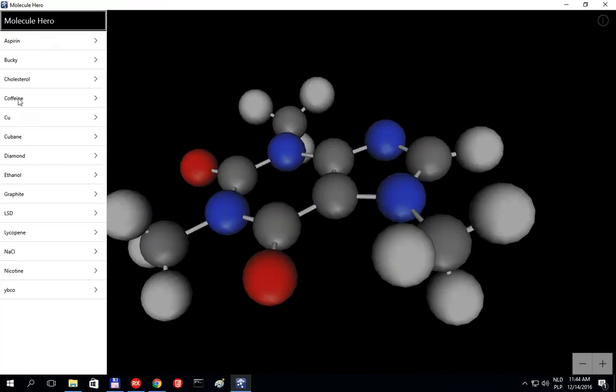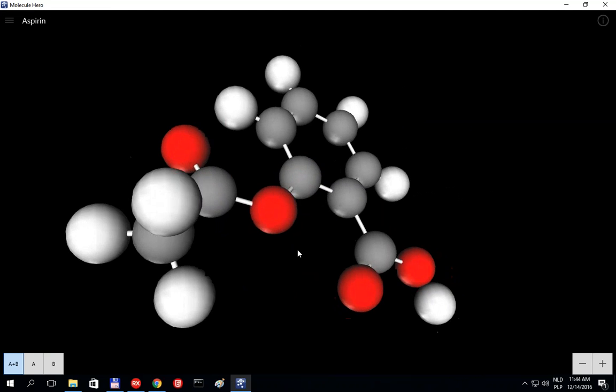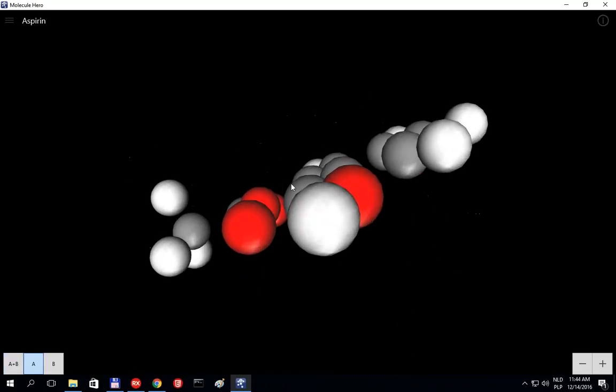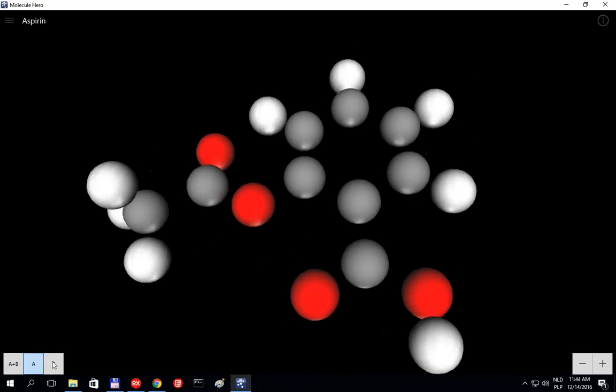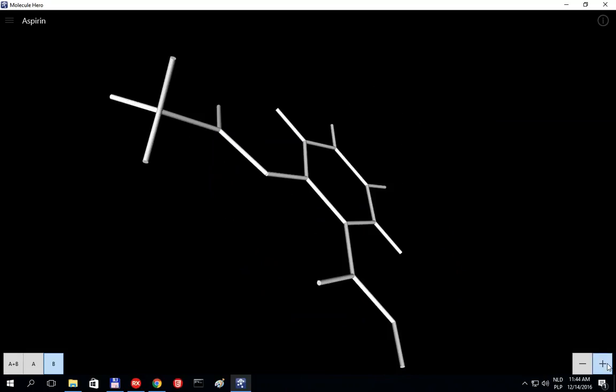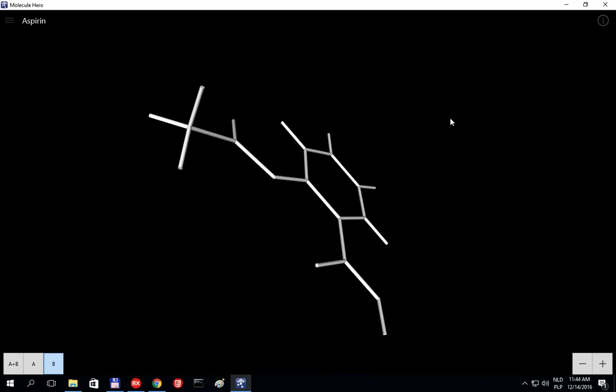So this is a multi-view, and there is a caffeine as a default, most important chemical molecule that probably developers are using, but sometimes you may want to use an aspirin, and you can actually also visualize it with atoms and with just bonds only. You can do some zoom. So on mobile platforms, it's also working with